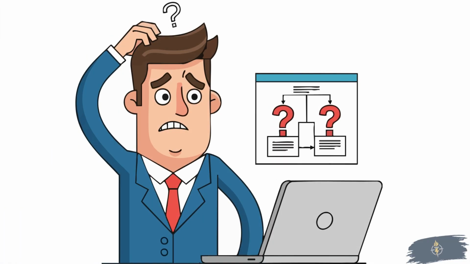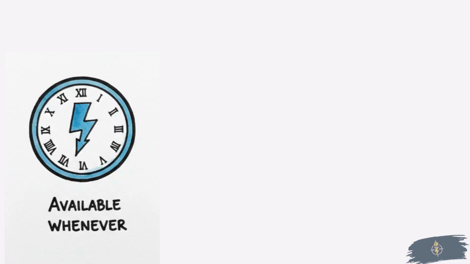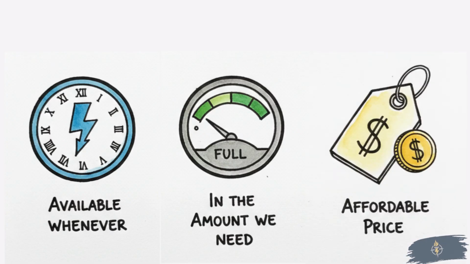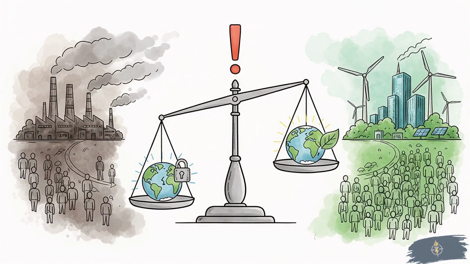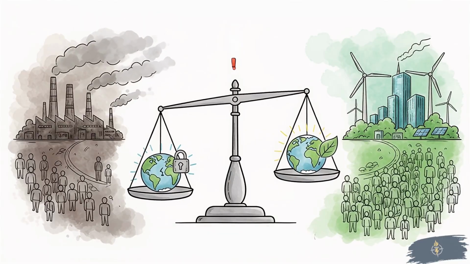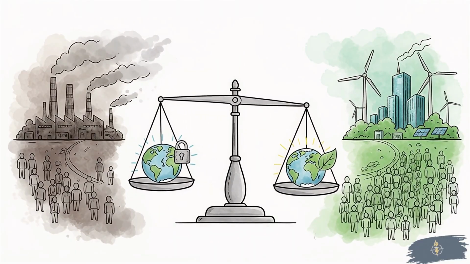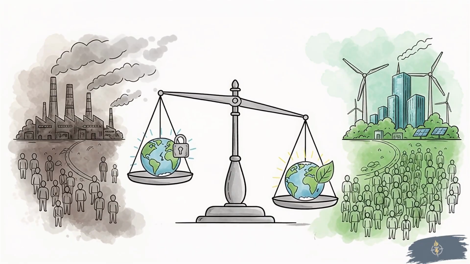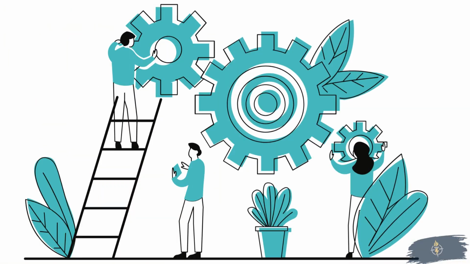An energy system is one of the most complex systems humanity has ever created. So, what do we want from it? First, reliability. We want energy to be available whenever we need it, in the amount we need, at a price we can afford. But today, there is a fourth and critical requirement: environmental sustainability. A system that worked for a few hundred million people no longer works for billions. The pressure on the planet is real. Modern energy systems engineering exists to solve this challenge.